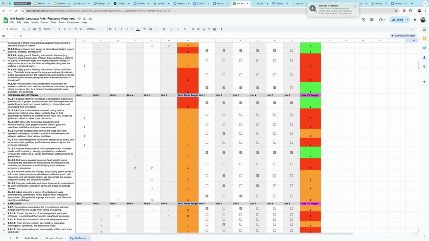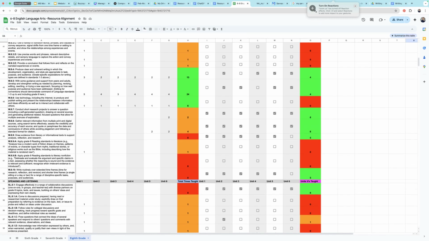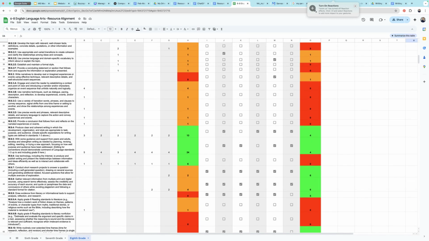Now, when I work with school districts, we think this information is important, and we believe this information is important not because we don't believe that a school district should purchase a resource, because we do know that we need resources to support us, but we believe this information is important because you need to be able to make a plan on what we're going to do to make sure that the standards are taught enough times.